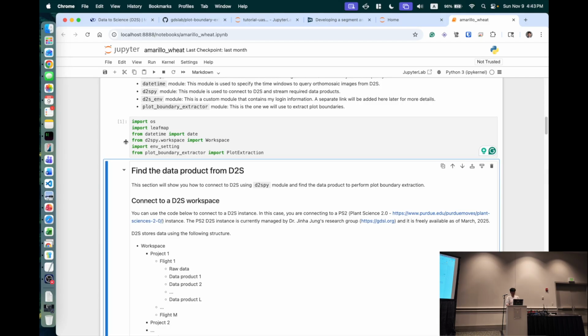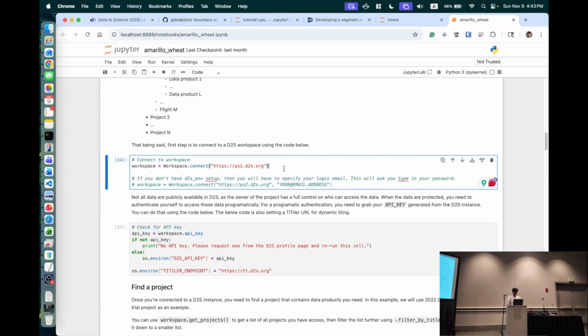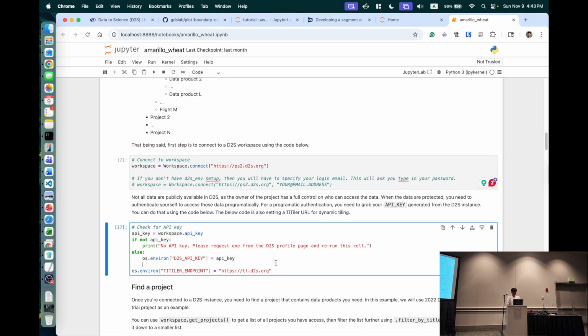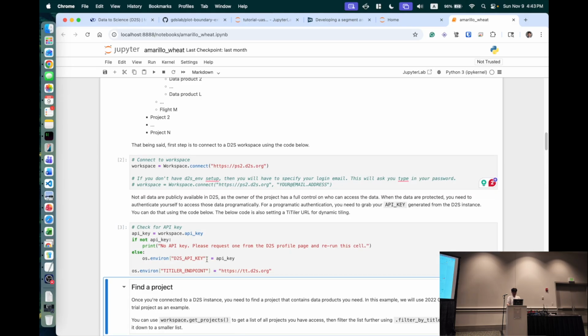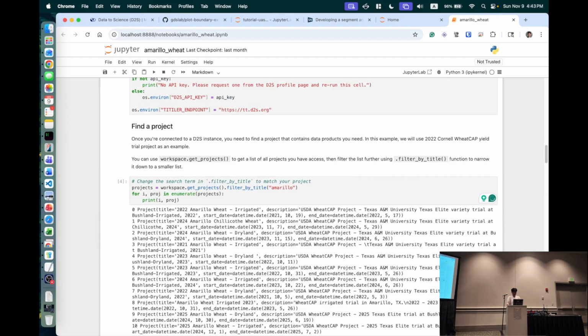This is why it's taking a little bit longer. Some explanation about the structure. I'm connecting to this workspace, D2S, setting up the API key, and I'm finding a project that I want.